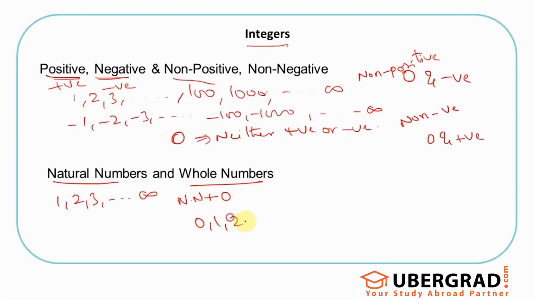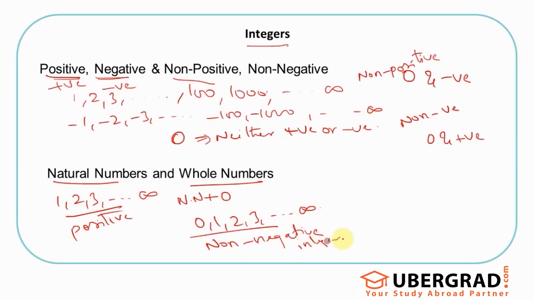So that's basically 0, 1, 2, 3, so up to infinity. Right? If I talk in these terms, these are positive integers. These are non-negative integers in a way. So these are commonly used, per se, natural and whole numbers. So keep in mind, because I say x is a natural number,